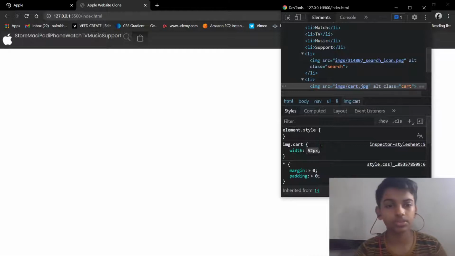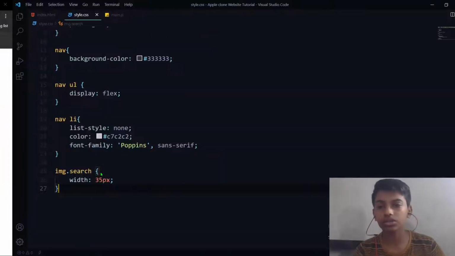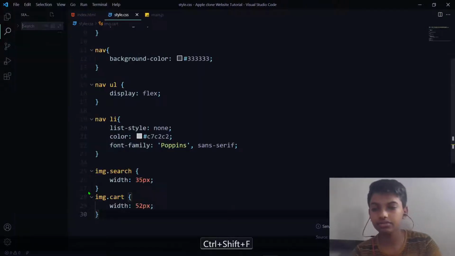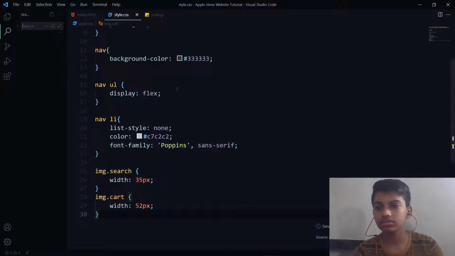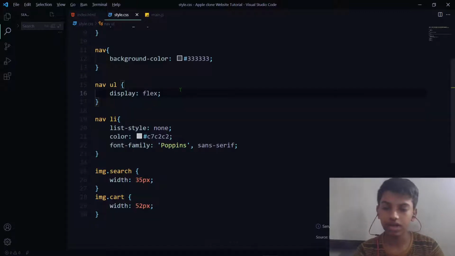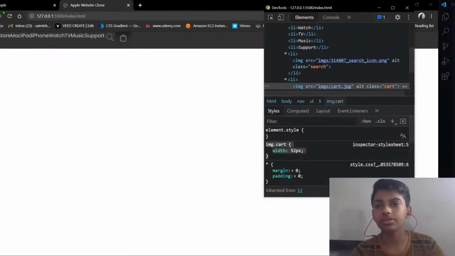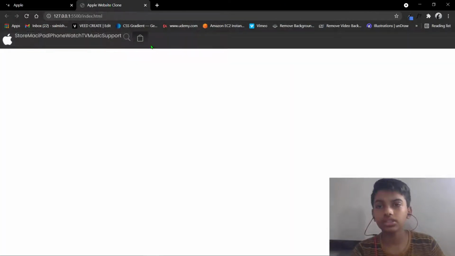Yeah, I think this much is good. 52 pixel is good. So I'll copy this img.cart also and I'm going to paste it over here. Okay, Shift Alt F. Shift Alt F and the document will be formatted. And as you can see now, what I'll do is